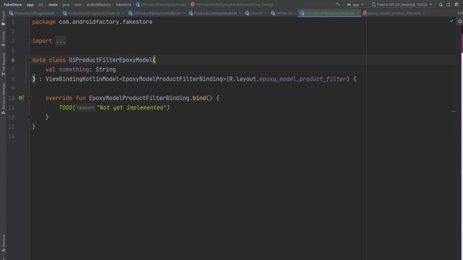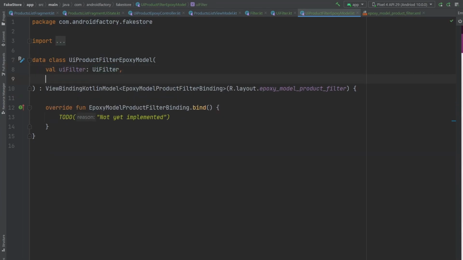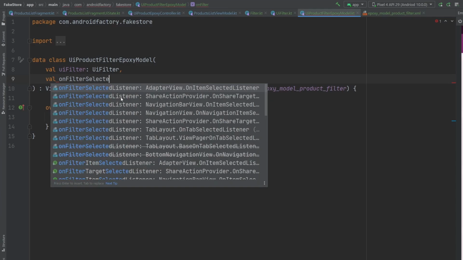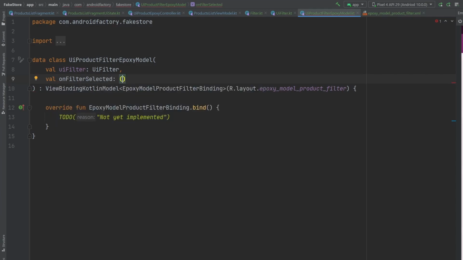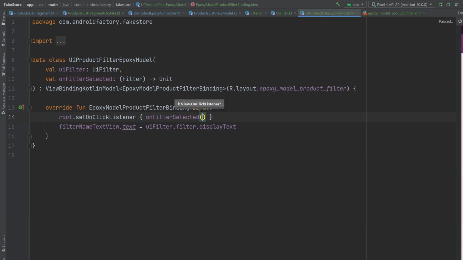But I guess this is a good time to go ahead and implement the actual epoxy model itself. So we don't need this random string value in here anymore. We actually need the UI filter object that we care about, and then also the on filter selected kind of idea. Guess we'll pass out a filter, and we expect nothing in return, so that's pretty straightforward. Here we can go ahead and do a little bit of configuration. So the filter name text view.text is going to be our UI filter.display text. Wonderful. We'll add an on-click listener to the root there, which is going to call the on-filter selected